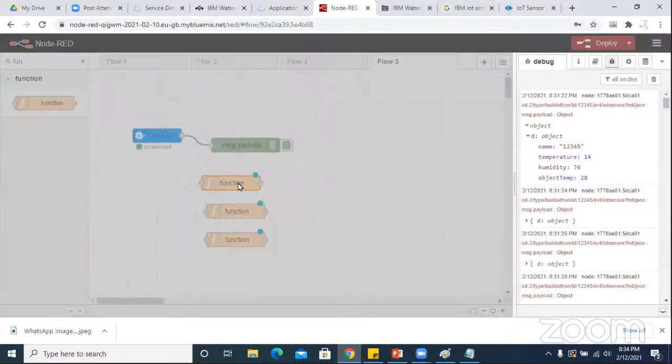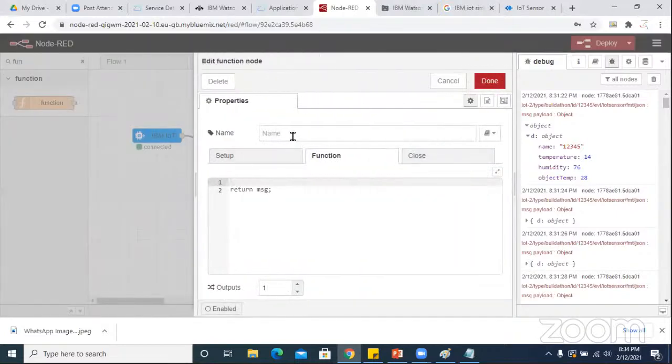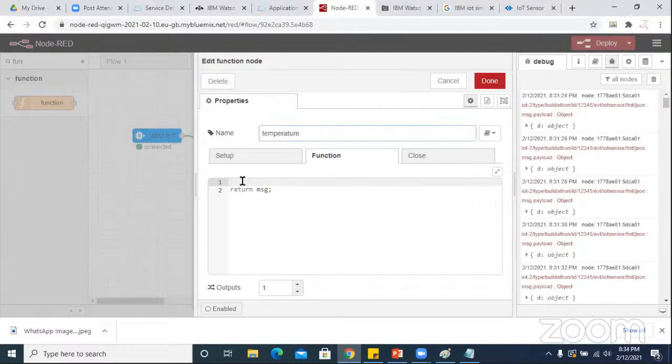Open the first node, give the name as temperature. Now parse this with msg.payload. Parse the data by just copying the path of your